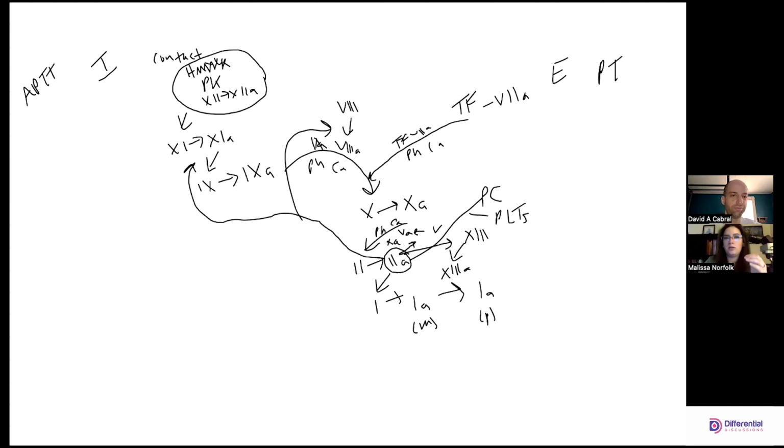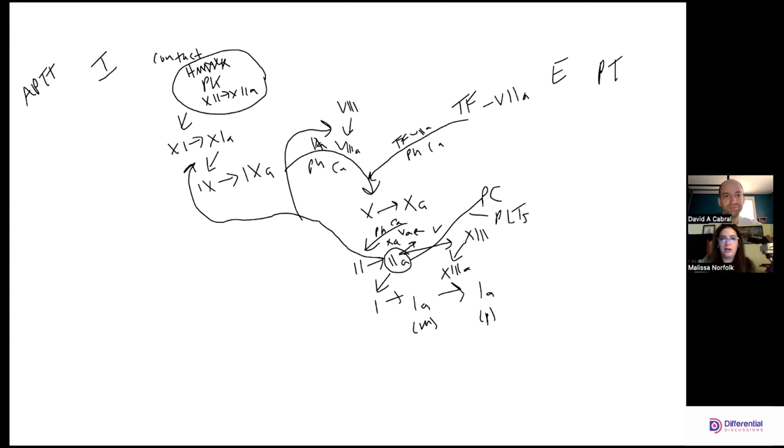So what's happening in vivo, you have tissue factor binding with activated factor 7, coming down, activating factor 10 to get our prothrombin activating into thrombin, and then thrombin comes back and activates everybody. But remember, TFPI, tissue factor pathway inhibitor, very quickly and rapidly inhibits the extrinsic pathway, activated factor 7 when it's complexed with tissue factor. So we're quickly shutting that off, which leaves you with the intrinsic pathway, which we've already